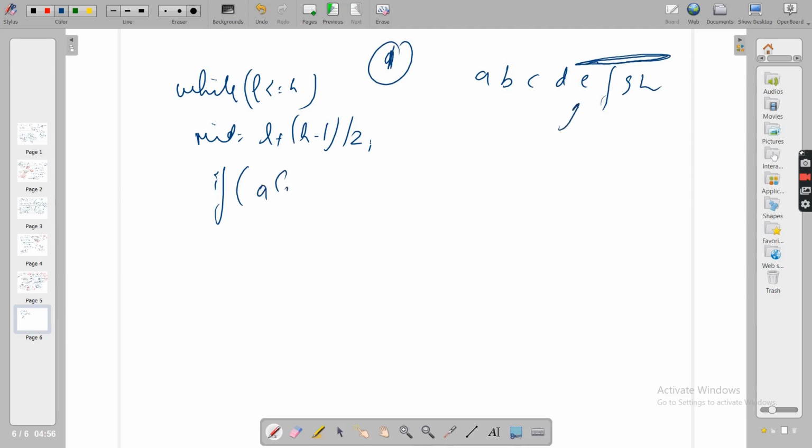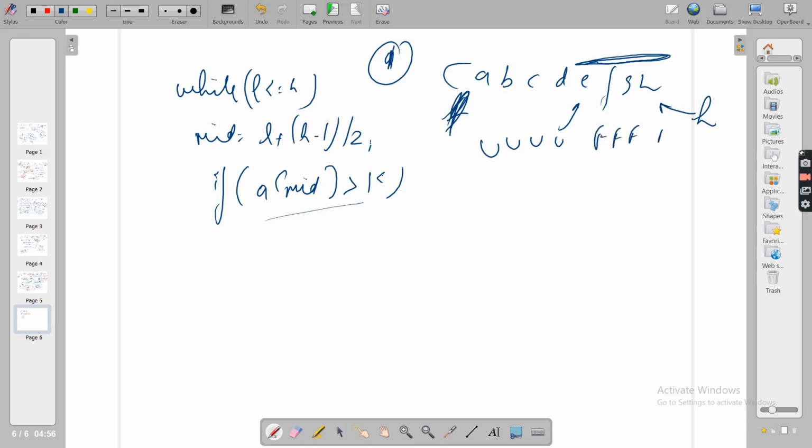So if A of mid is greater than K, L is here, H is here. You landed at, let's say, a favorable part. All these were unfavorable, favorable, or let me draw more favorables. If you are at a favorable index, where can you go? Can you go to the right?